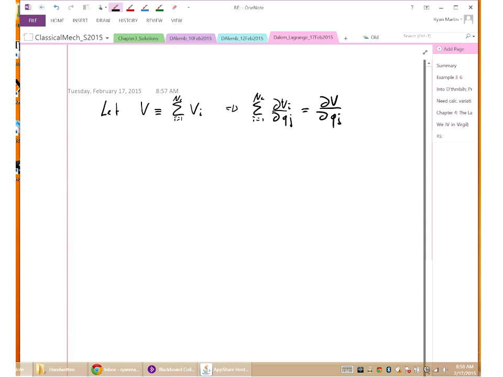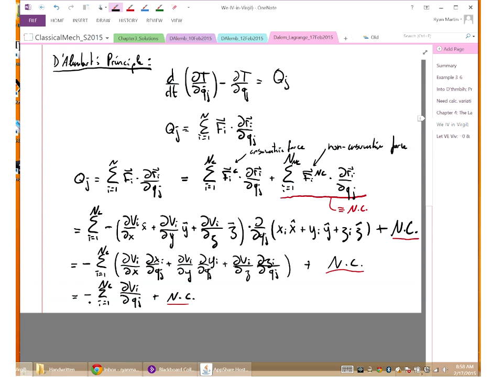Right, if I bring the sum inside of the ∂/∂q_j, then I have the sum of the V_i's, which is just the total V. Hence,